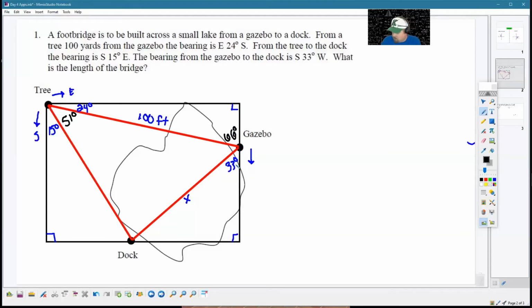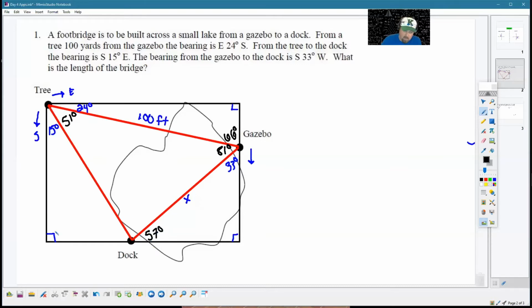66 and 33 is 99. We know all three of those add up to 180 because that's a straight line. Tells me that this angle right in here is 81 degrees. Now I can do the same thing with this outside. 33, 90, I can use that to find the angle out here. So 90 plus 33 is 123. We take that away from 180. We find out this angle down here is